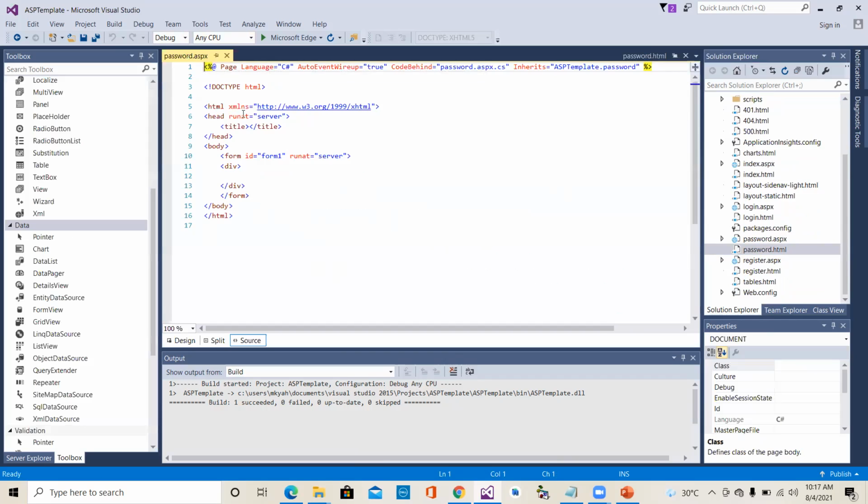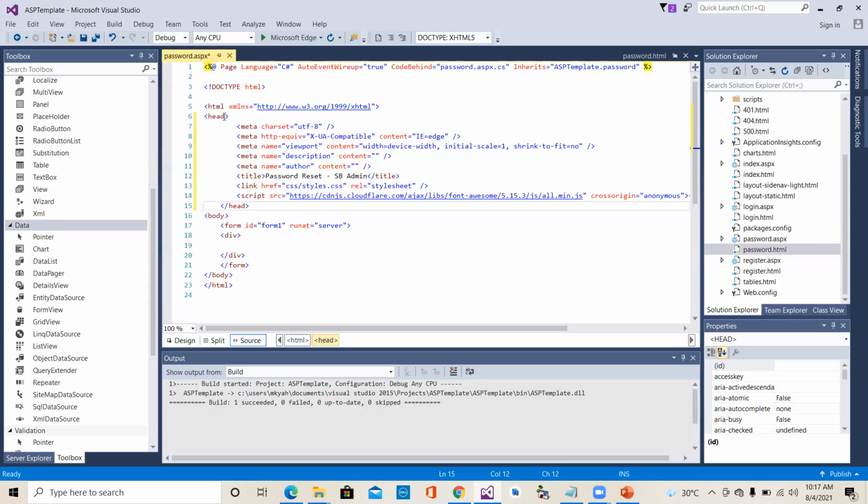So password, then I paste it here. Then in here, I say run as server. Run at is equal to server. So then